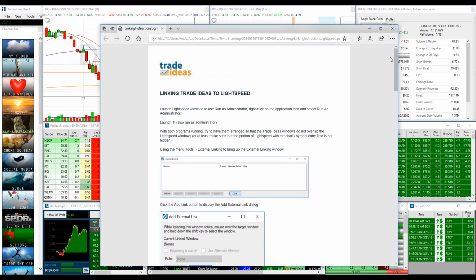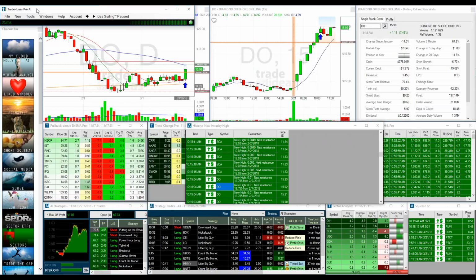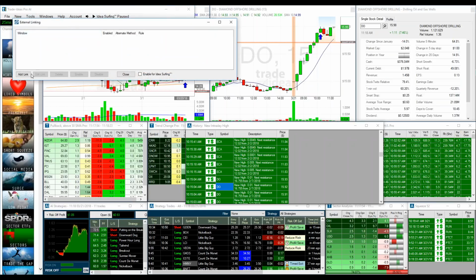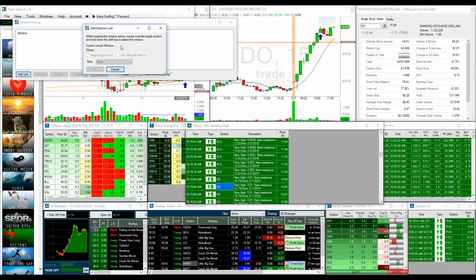So I am not going to spend a whole lot of time. I will show you where this feature is. It's in your toolbar. You go to Tools, and you go to External Linking. And then what you're going to do is add link. Okay, you're going to get this little